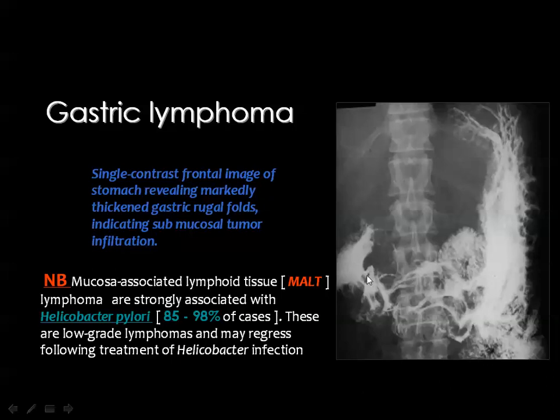This is the MALT lymphoma, which is mucosa-associated lymphoid tissue, and is strongly associated with H. pylori infection. These are low-grade lymphomas and may regress following the treatment of H. pylori infection. And this is the barium meal of a case of gastric lymphoma showing the extensive thickening and hypertrophy